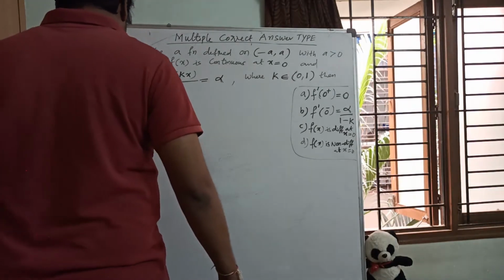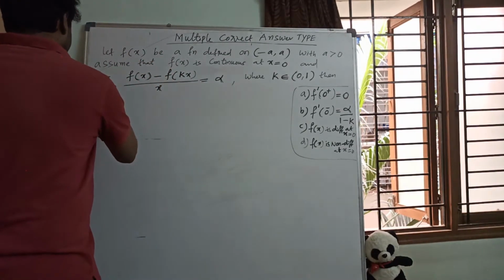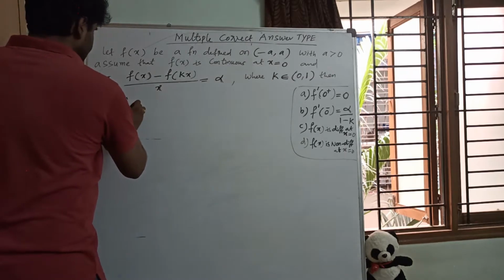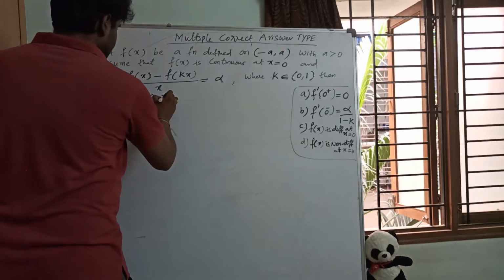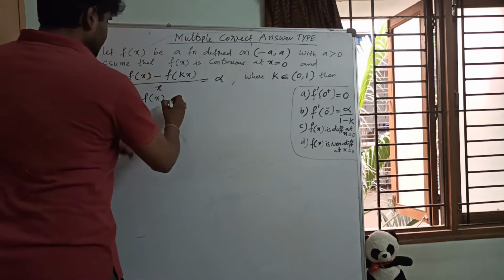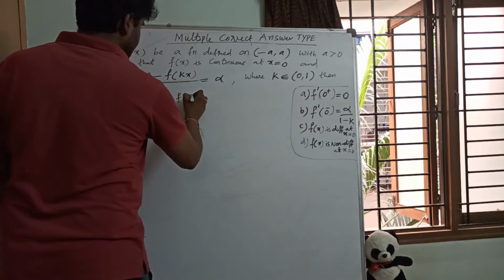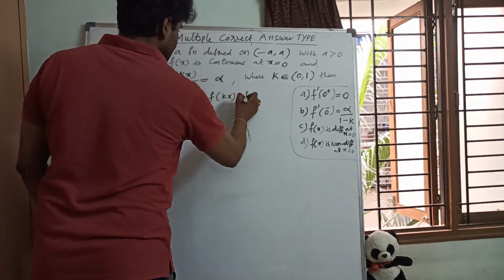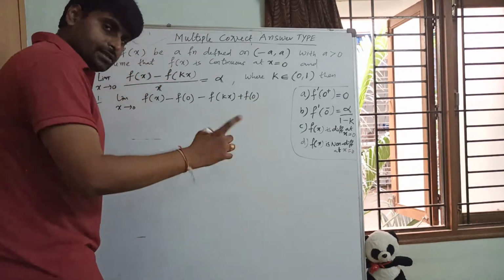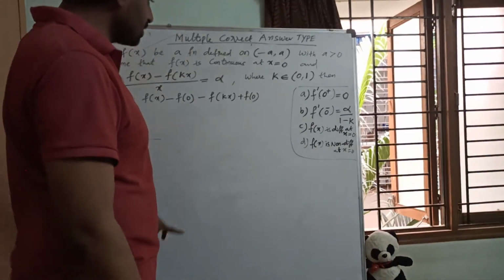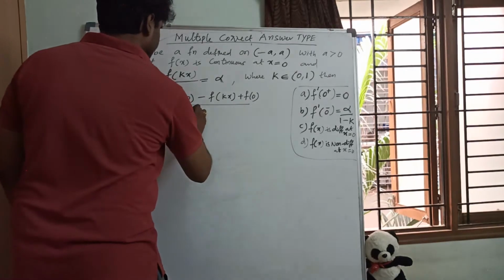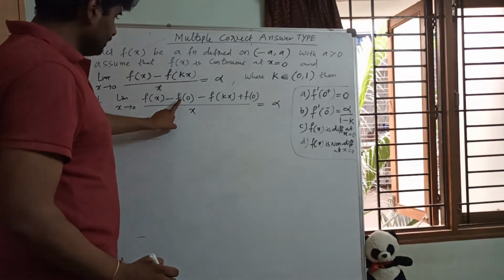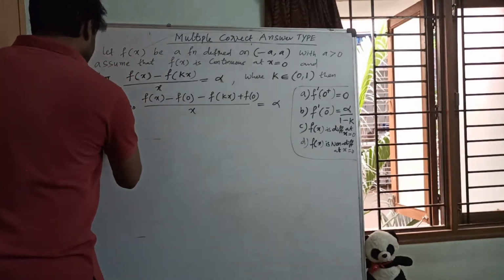So first of all, let us take what was given. Limit as x tends to 0 of f of x. Let me add and subtract f of 0 there so that we can find LHL, RHL separately, and LHD, RHD also separately. So by x equals to alpha given, I am subtracting and adding f of 0 there. Now let us separate the terms.